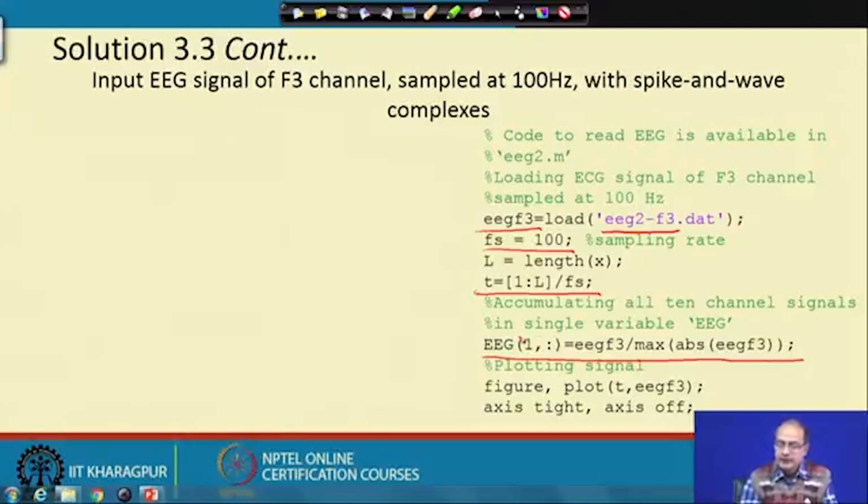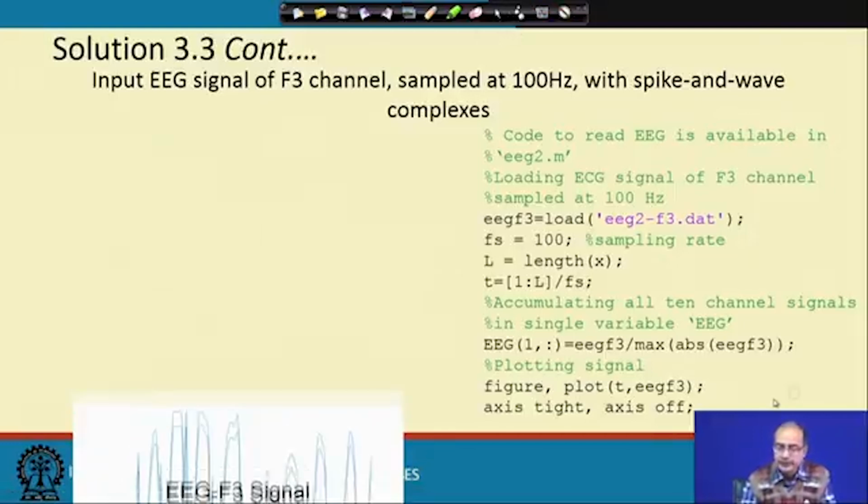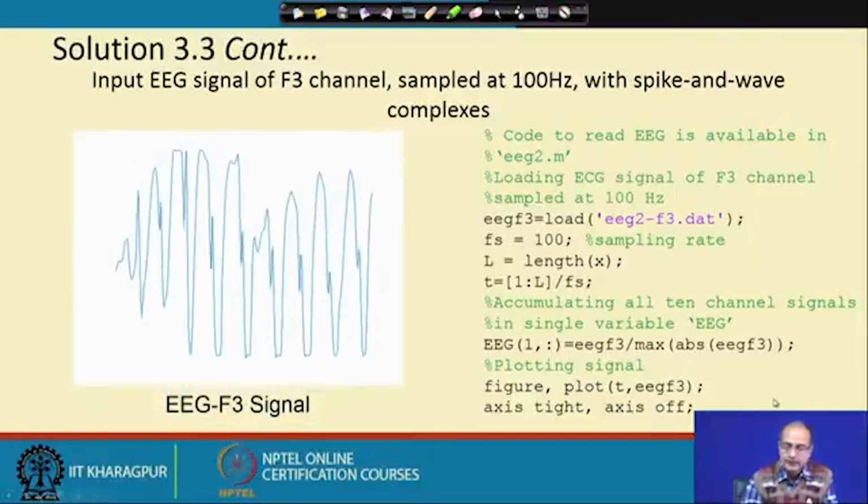We are keeping all the 10 channels in this variable at different rows. The first row is fed with the channel F3, and then we take the plot of that F3. The axis tight command keeps only the area used by the graph. Now, let us see how the plot looks. And axis off makes sure that the x and y axes are not drawn,